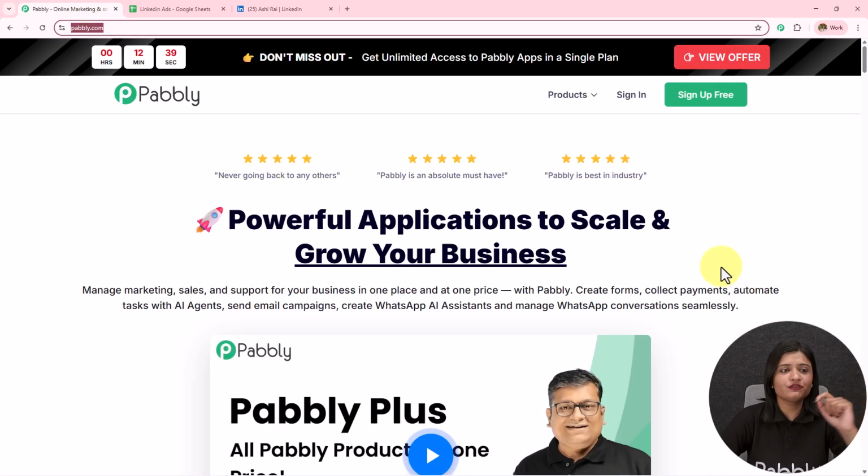This is the landing page of Pabbly and you can visit this simply by typing pabbly.com in your browser. After browsing the website, we need to sign into our Pabbly account. On the top right corner, you can see two options: sign in and sign up for free. If you are an existing user, click on the sign in, and if you are a new user, click on the sign up for free,